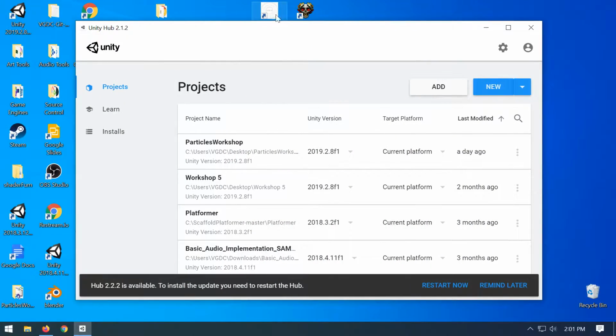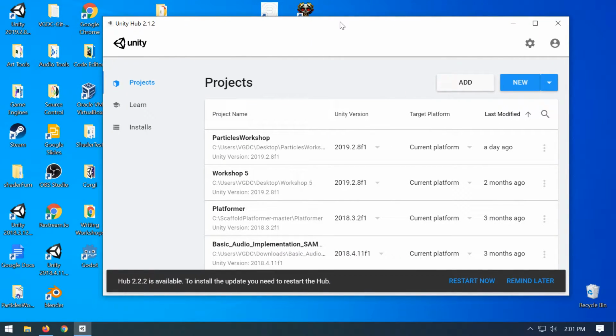There we go. So to demonstrate source control, what I'm going to do is make a Unity project and set it up with Git. So if you don't know what source control is, it is a way of basically making backups systematically of your